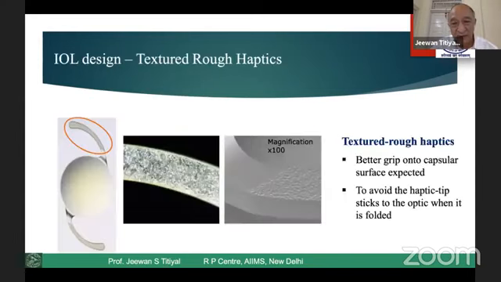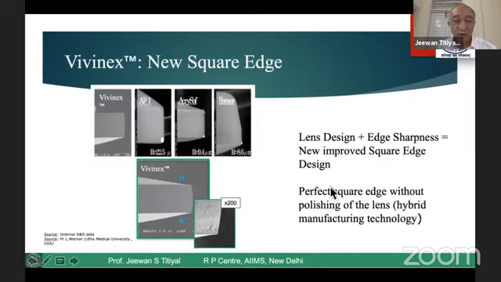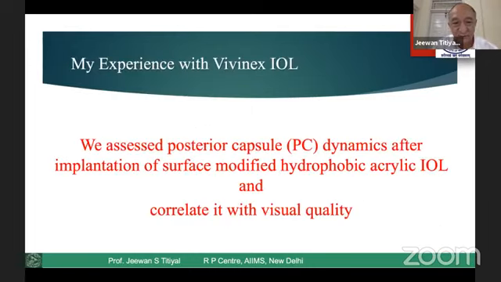And they have modified other areas of interest, that is, the haptic is textured. Similarly, the edge of the lens is also textured, so that you have a better orientation during insertion of the haptic, as well as better alignment and contact to the capsular bag for better fixation, which is going to be a remarkable addition for their toric designs in the future also. This is how their lens looks under high magnification.